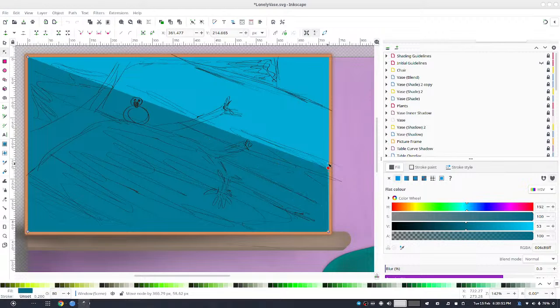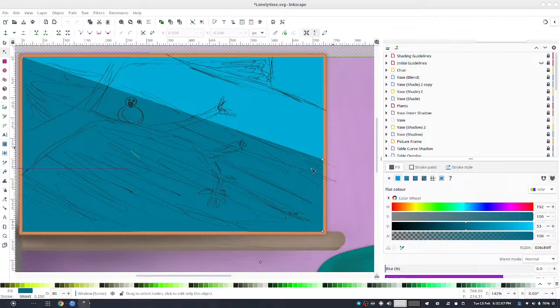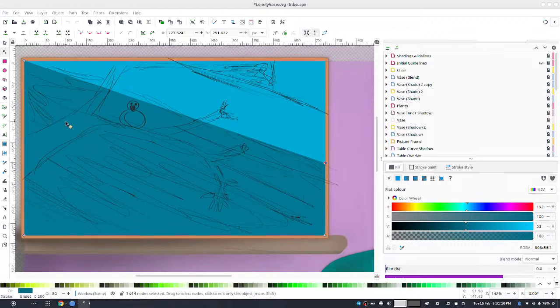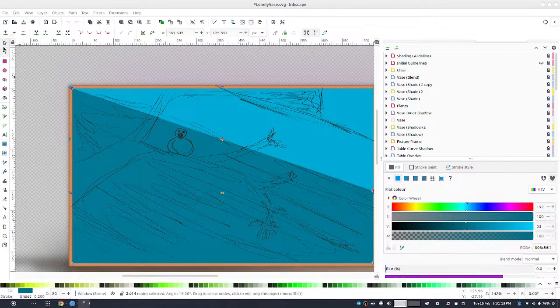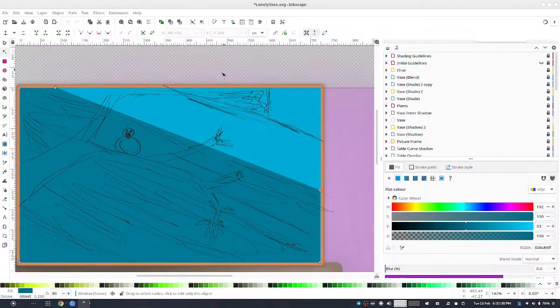Over to here. That's almost what I want. I still need to probably add another point in between these two. And then move this up to here. Good. So that's exactly where we need it to be. Now we can